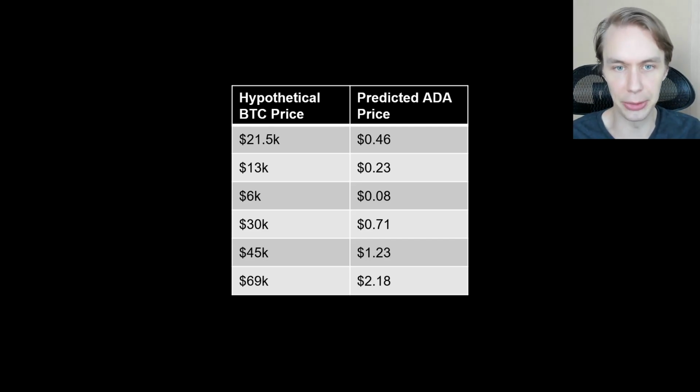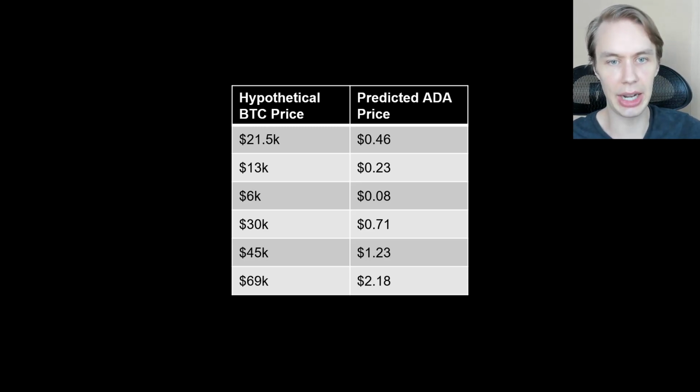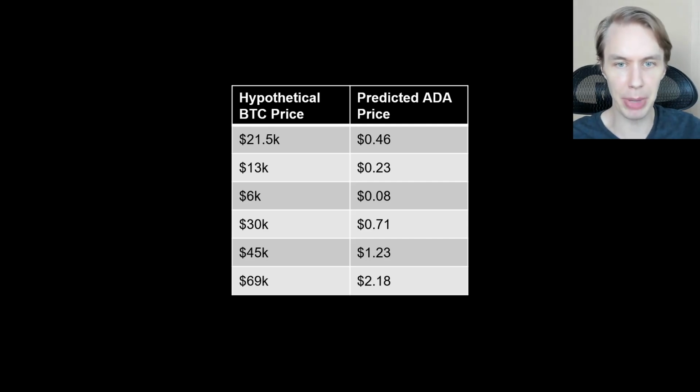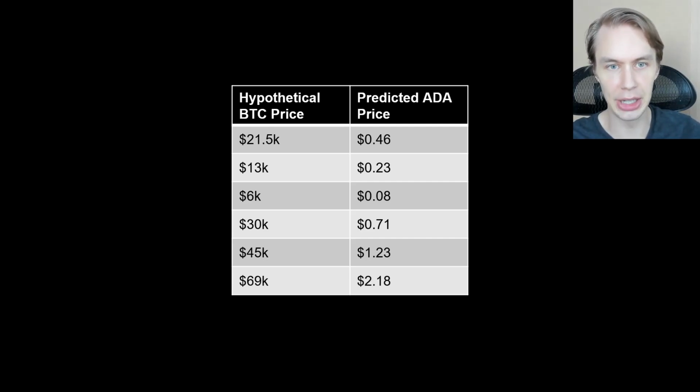But just interesting to note that these are the kind of price levels we would expect based on Bitcoin's price level. So I think this exercise has some utility, right? Because when you're looking at an asset, we know that it's correlated with Bitcoin, but it's hard to know what to expect if Bitcoin were to go into different levels. So I think this is just a useful exercise to orient ourselves. That if we see Bitcoin go back to its all-time high, just merely on ADA's relation to Bitcoin, we'd expect it to get back to $2.18. And then any bullish developments within ADA itself might just be gravy on top.